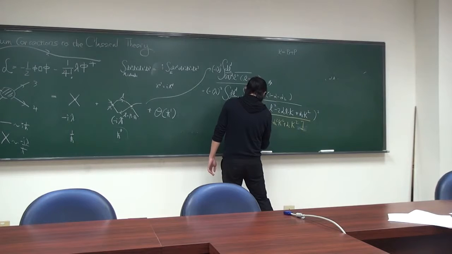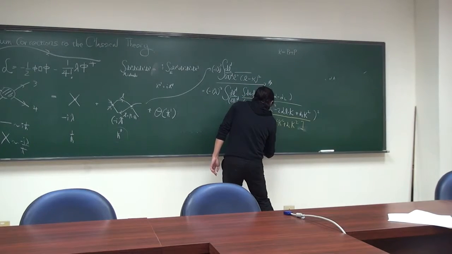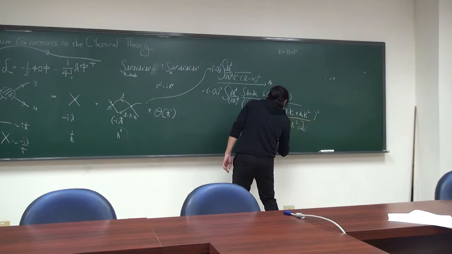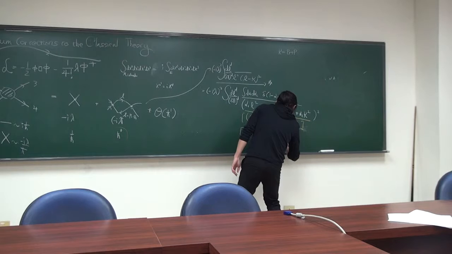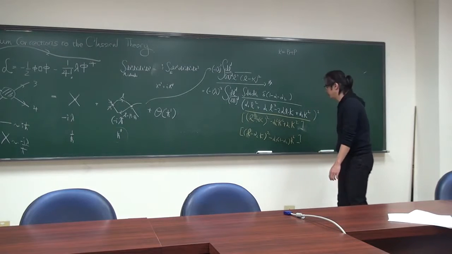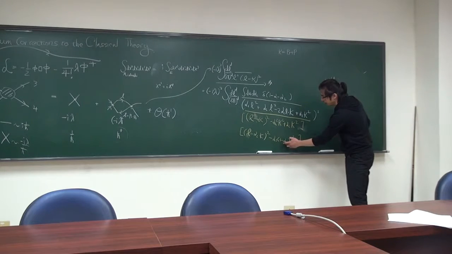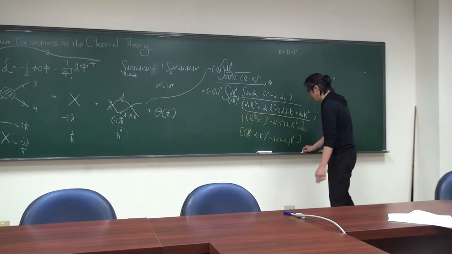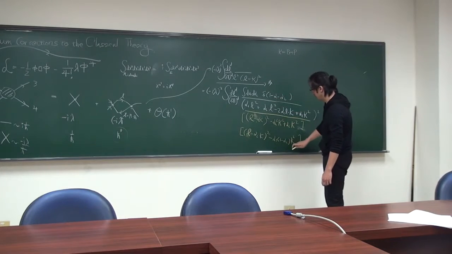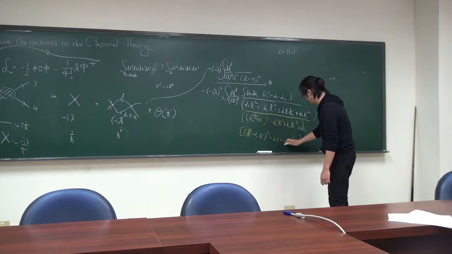So I'm going to rewrite this as L minus alpha 2 k squared. I'm going to pull this out. This is minus alpha 2, 1 minus alpha 2 k squared. The reason I'm pulling this out is because this alpha 2 here is just alpha 2 times alpha 1. Right? Because 1 minus alpha 2 is equal to alpha 1. So this is just